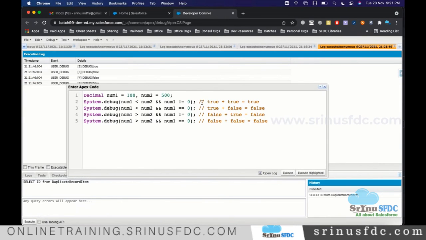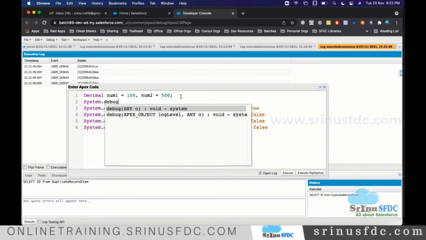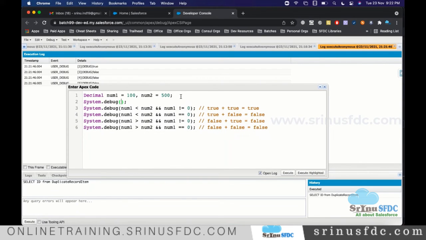This is the example. So when you deal with OR, what will happen? Let's see. Maybe in the debug, to understand all these things, we are printing. While printing, if you want to give some text, we have to give single quotes, not double quotes. Inside the single quotes, we keep text. Here, I just want 'AND logical operator'. In the debug log, first it will print this, and under that you will see all these things. So this is for our understanding.